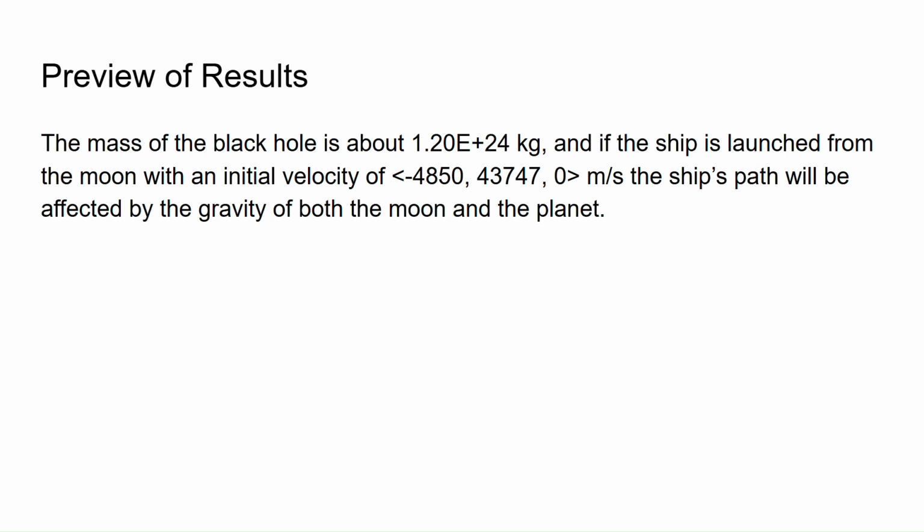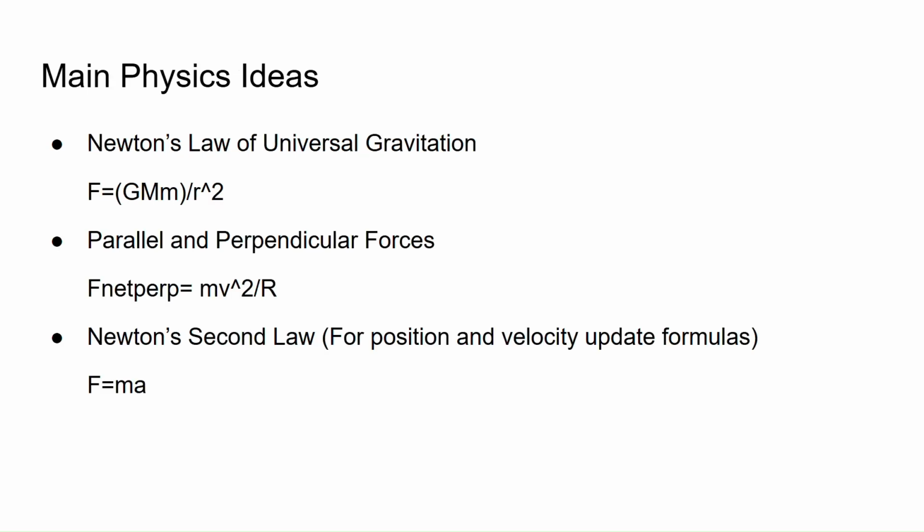Preview of results. The mass of the black hole is about 1.2 times 10 to the 24th kilograms, and if the ship is launched from the moon with an initial velocity of negative 4850 in the x direction and positive 43747 in the y direction meters per second, the ship's path will be affected by both the gravity of the moon and the planet. The main physics ideas used were Newton's law of universal gravitation, parallel and perpendicular forces, and